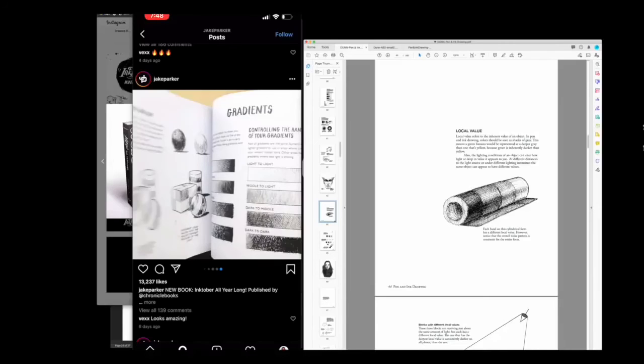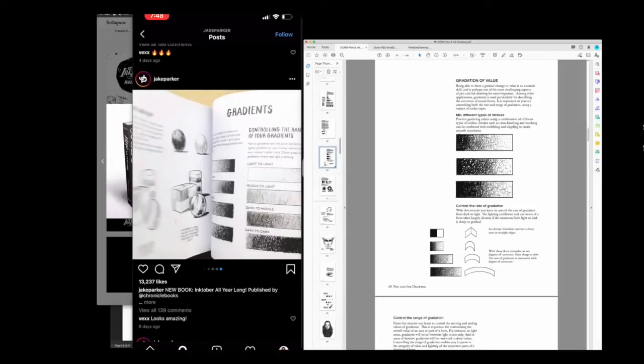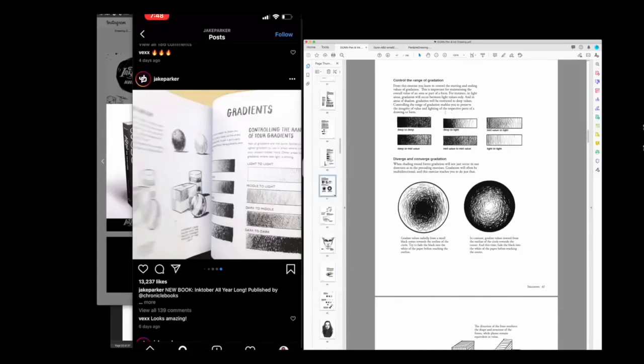And why is this important, local value? Because you have to learn how to control the range of your values. So, wow, look what he copied right after that. Controlling the range of your values. Because I discussed it right here. And where does he get this exercise from? Wow. Here, controlling the range of your values. Light to light, middle to deep, dark to, here he has it. Light to light, middle to light, dark to middle, dark to, like, shamelessly, just like how,